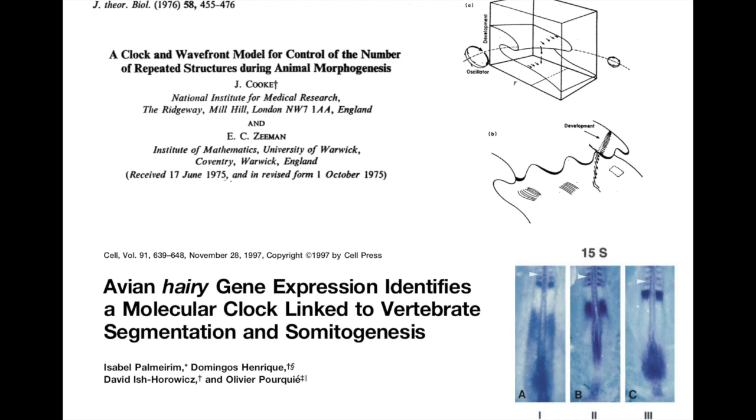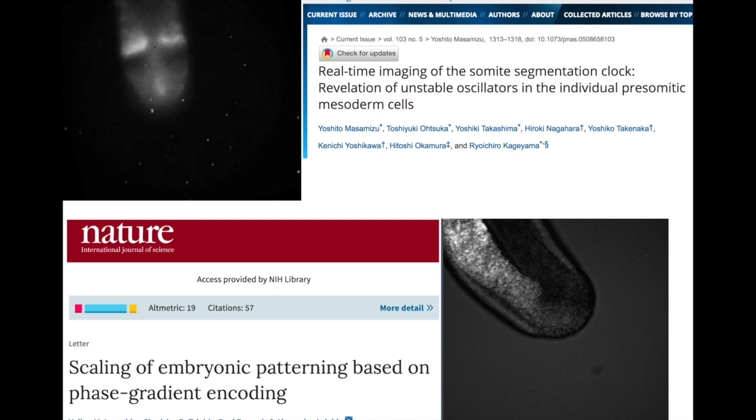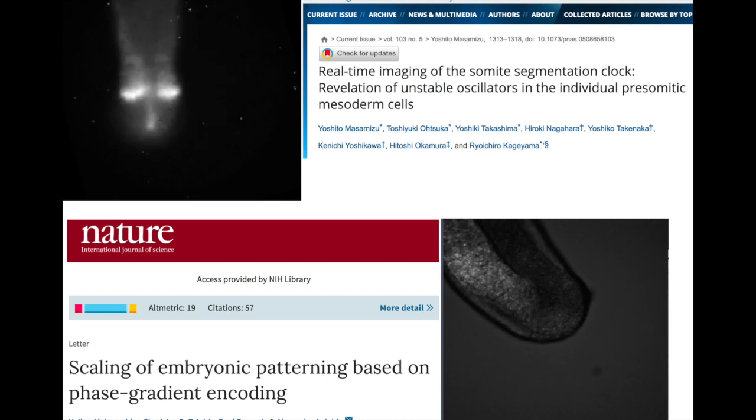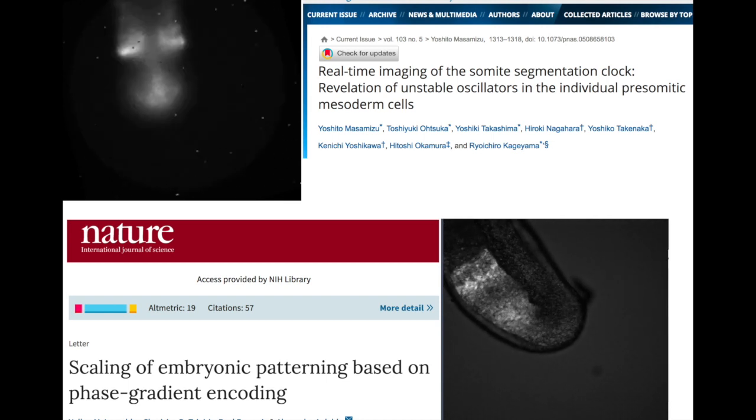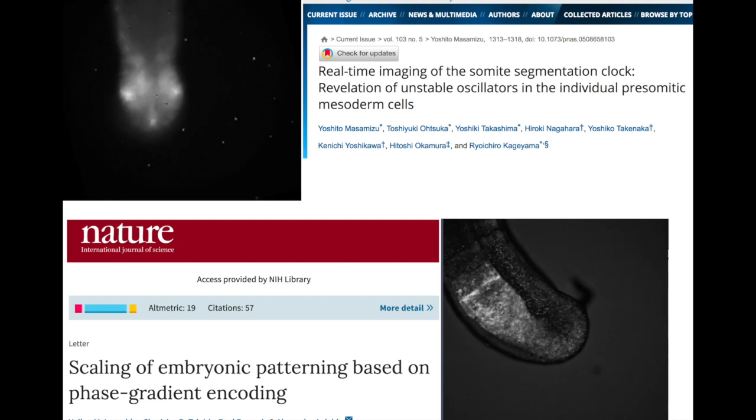The idea is that in the tail of the embryo there is a molecular oscillator, and this molecular oscillator is interacting with the regressing wavefront, transforming the temporal oscillation into a spatial pattern. In 1997, Olivier Pourquié and co-workers actually identified these molecular oscillators, and today many people in the world are visualizing this oscillator in real time and studying its interaction between the different signaling pathways to see how you actually